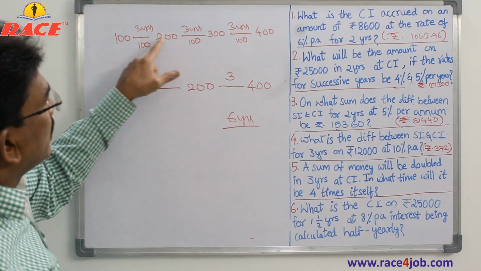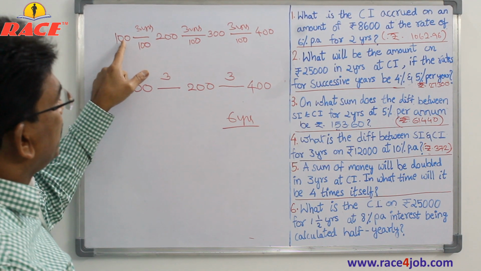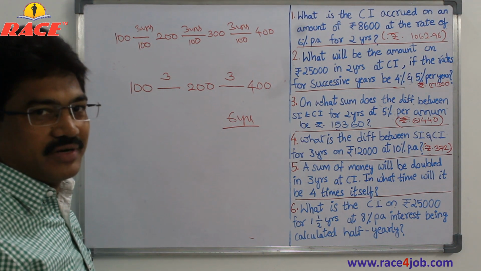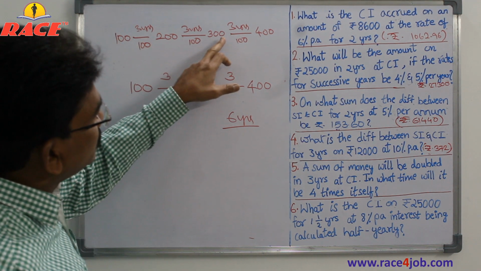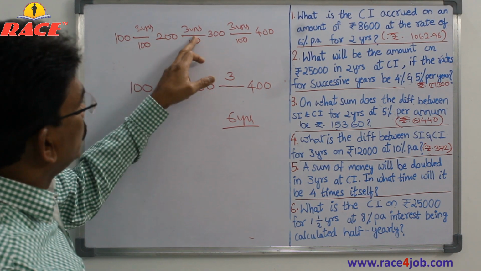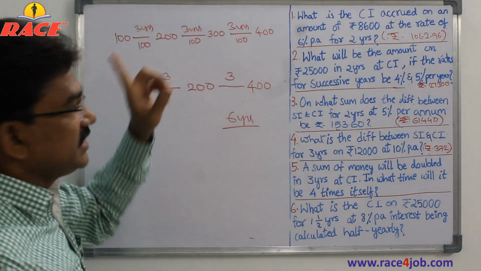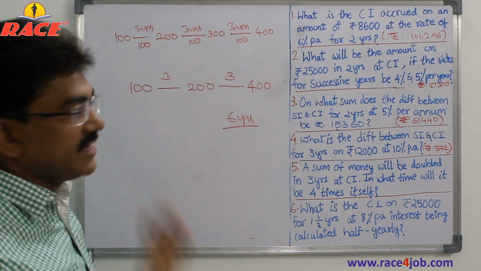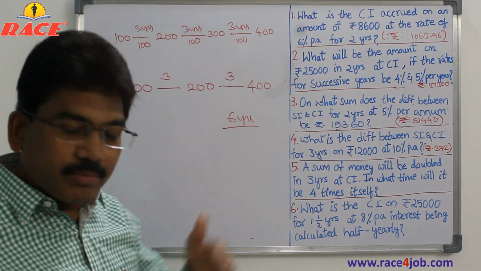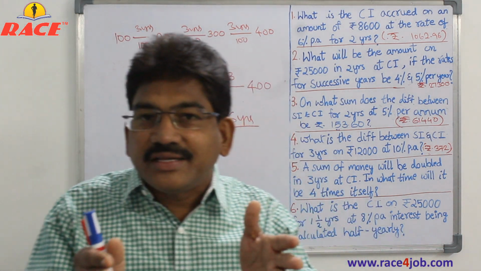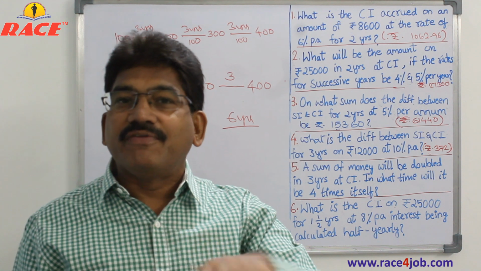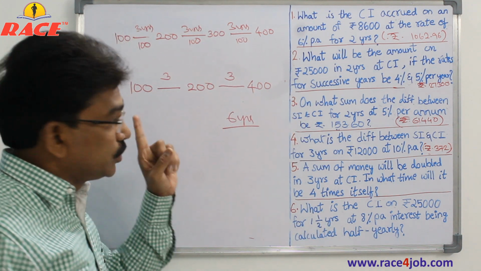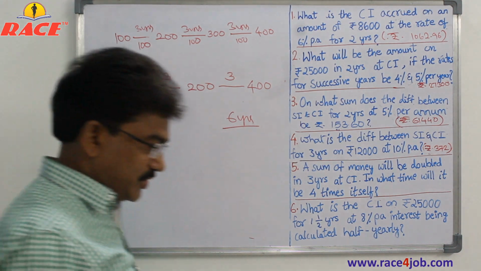Here, to become double the amount, whatever principal is there, one gap is there, 3 years. The one time, whatever time he has given, 3 years. To become 3 times, you can observe 2 gaps. So 3 plus 3, 6 years. To become 4 times, 3 gaps, 9 years. Similarly, to become 20 times, there will be 19 gaps. 19 into 3, 57 years. That's it. Very simple. So, the best example to show the difference between simple interest and compound interest.